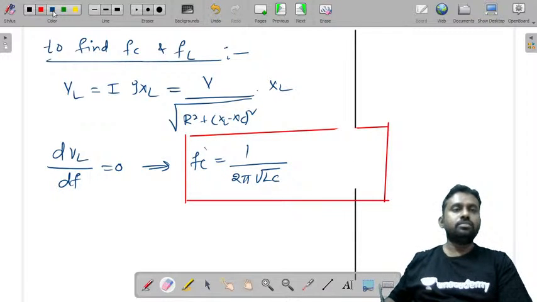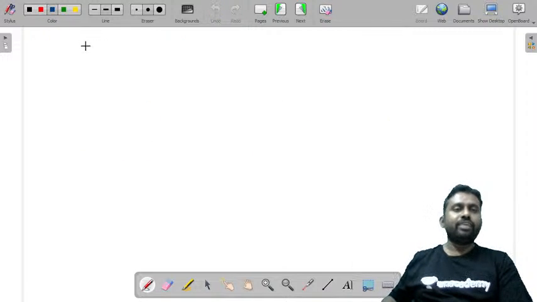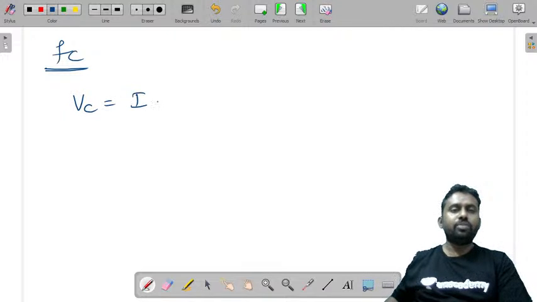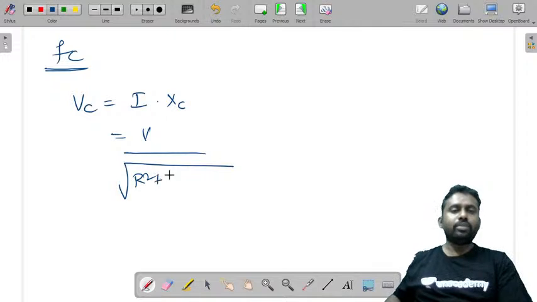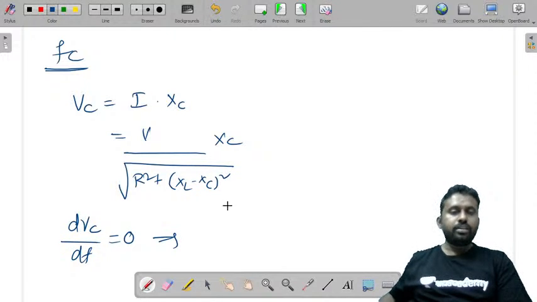So it is 1 by 2 pi root LC under root of 1 by 1 minus R square C by 2 into L. Similarly, if you try to find FC, consider VC is equal to I into XC. I is V by root over R square plus XL minus XC whole square, into XC. Differentiate this VC with respect to frequency and equate it to 0. You'll find FC is equal to